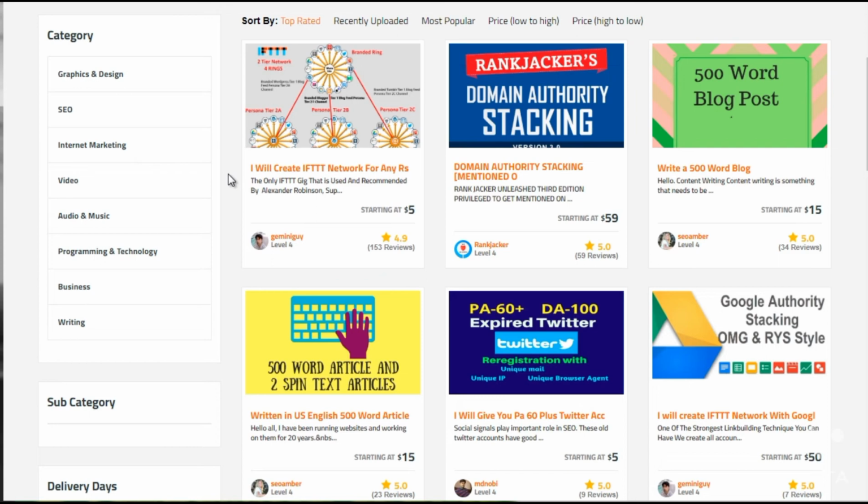And what we usually do is we create a brand new email account. So it's nothing related to the old business accounts or anything like that. So it's a new email account, all the information on a spreadsheet, and then we send it over to him. He creates the accounts, and then he logs into your IFTTT account, which you'll need an account for that as well. And then he'll set everything up.